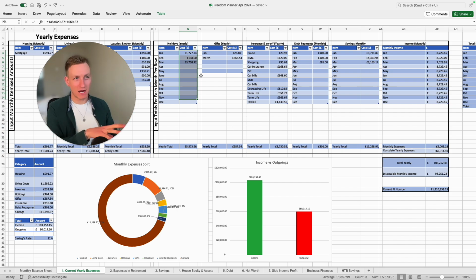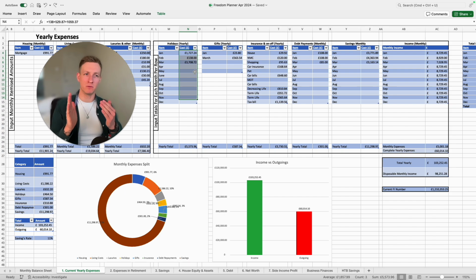So by tracking it this way, we have a pretty much perfect representation of what we're going to be spending, because if we know that we've spent, for example, 10 grand a year on holidays right now, we can look back over how many holidays we took and say, okay, when we stop working, we're either going to want to do the same, so it's going to be exactly the same number, maybe a bit more for inflation, or maybe we want to do double that amount